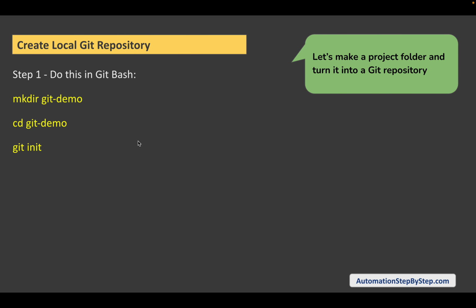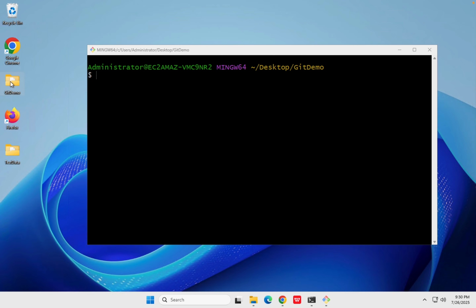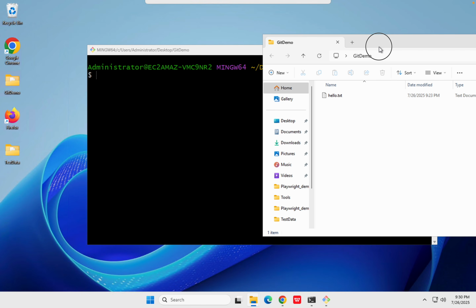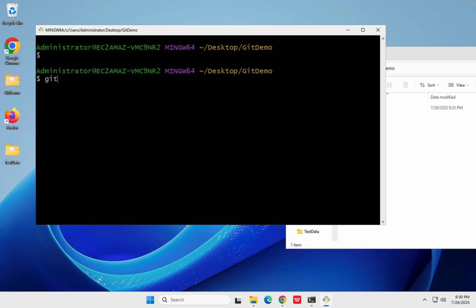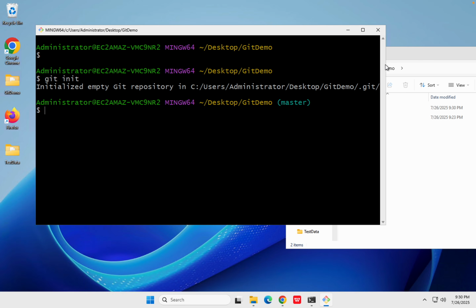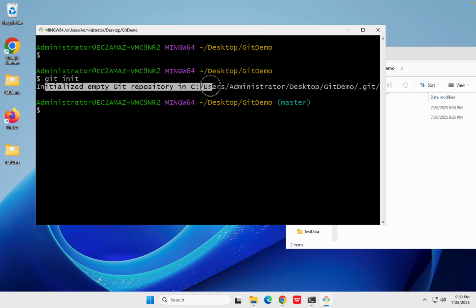All right. Now the very first command we will run is git init, and this is the command that will turn this folder or a project folder into a local Git repository, or it will initialize Git on this folder. So let us see what happens. I will also open my project folder here. Okay, let me keep it here, and this is my Git Bash, and I am running the command git init, and I will say enter, and you will see here what happens is it says initialized empty Git repository,